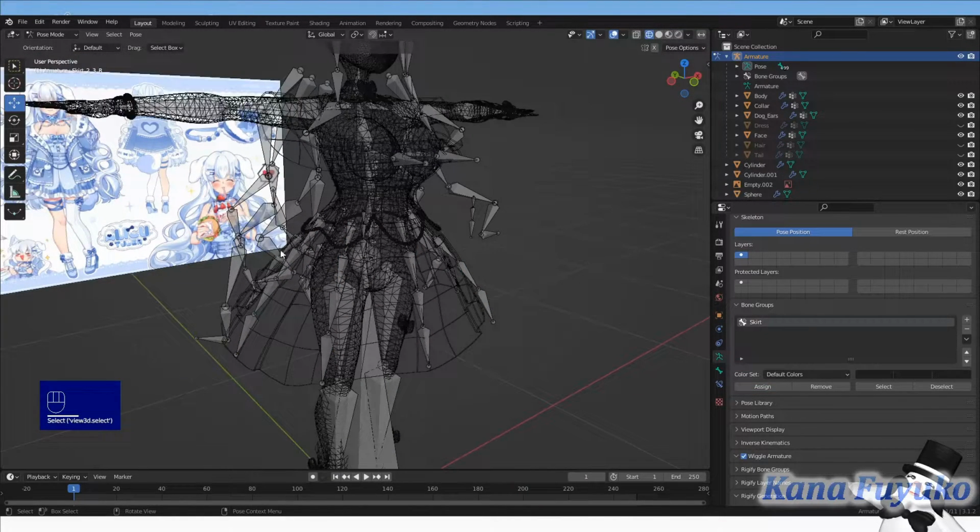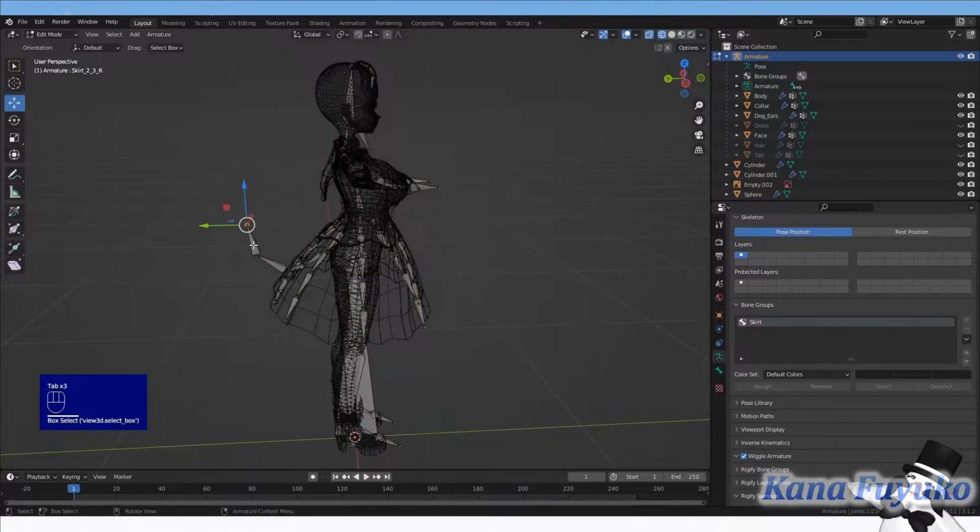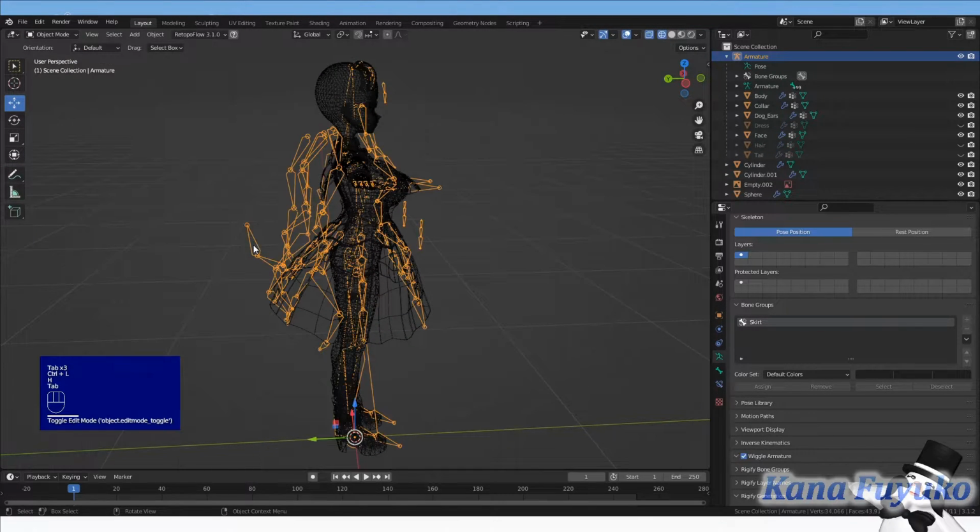In case you want to select that specific bone group, just click on select and it's already done for you. I always recommend this, even if your model is only for VRM. If you're going to do a lot of editing with a model, this bone group is a big convenience, especially if you have a lot of bones on the model. Now, let me go ahead and hide this tail.